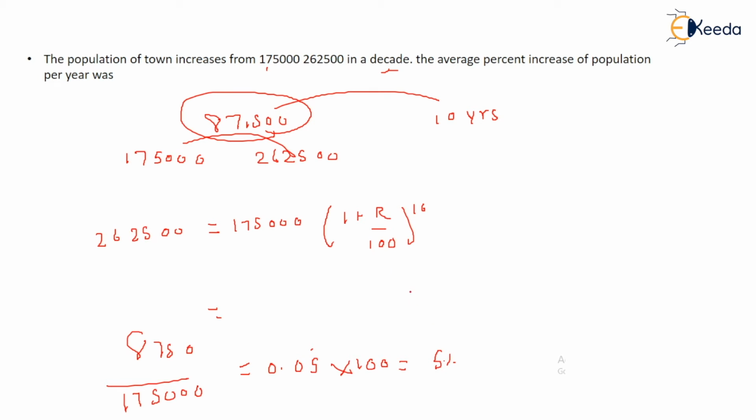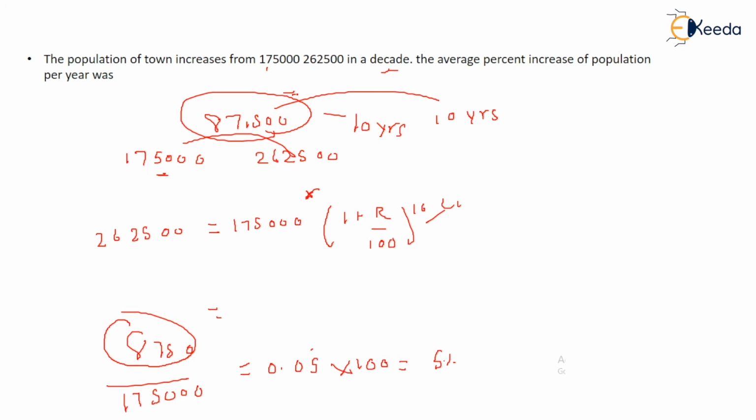Okay, don't try to solve by this formula. You can simply use the logic that I told you. How much is increasing? 87,500 is increasing. Okay, so you will write this much, and in how many years is it increasing? In 10 years. Per year, how much is it increasing? 8,750. And on what number was it increased? 175,000. You can simply find out. No need to remember this formula. This makes things complicated. Better to go with the simple thing. Just make things simple, and try to solve it very simply by applying the universal concept that I told you.